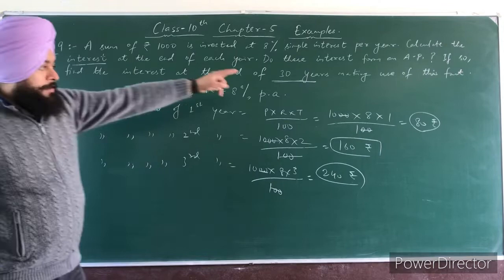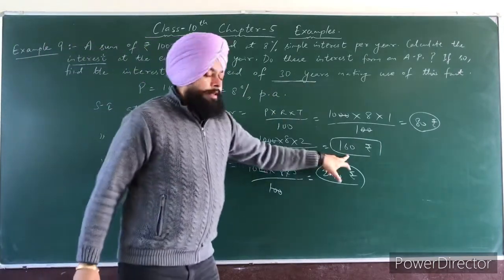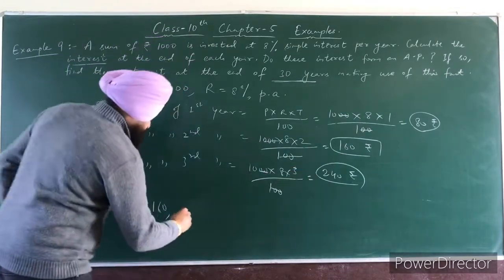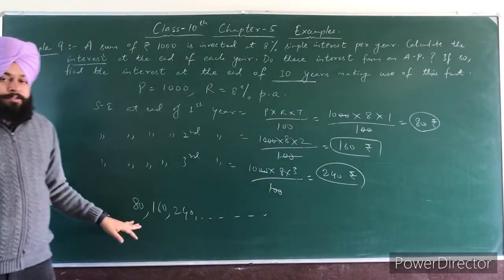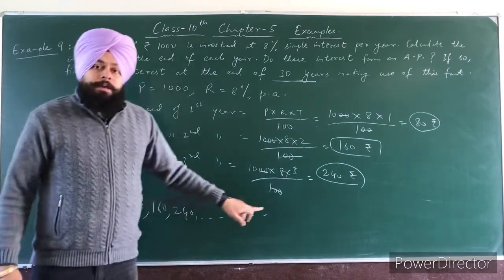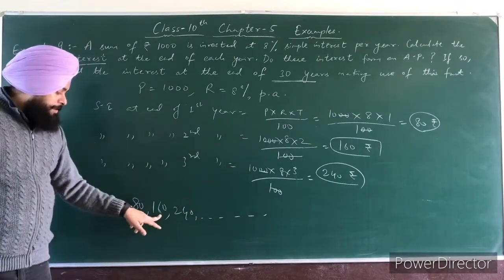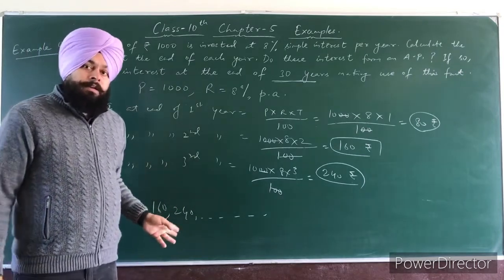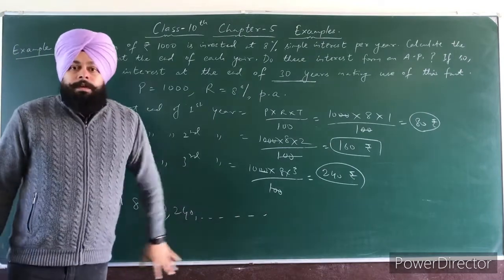Now the interest in the first year is ₹80. Interest at the end of second year is ₹160. At the end of third year is ₹240. And so on. Now check that this given list of numbers do form AP. मतलब जो लिस्ट है नंबर की ये AP मिलके बना रहे हैं कि नहीं बना रहे हैं. So you have to check their common difference. So see here 160 minus 80 is 80, 240 minus 160 is again 80. It means common difference is the same. So that's why this series is the AP series.